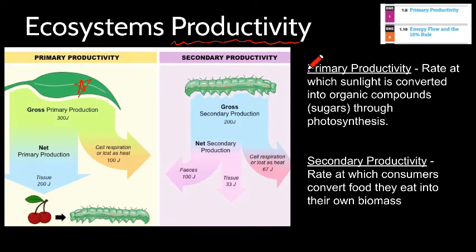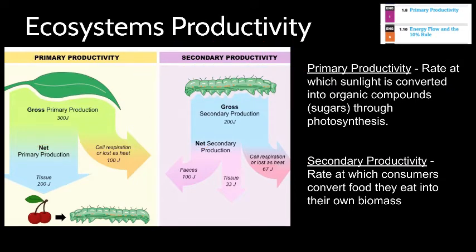Secondary productivity is going to be the one that we discuss with animals. So secondary is our animals. This is the same concept as the rate at which we can convert food into biomass, essentially what is stored right inside this caterpillar. So it's got to eat food, it can't do photosynthesis. So now it has to create biomass within itself, grow and develop, and store some of that energy as tissue in its cells there. So the one thing this diagram shows you is that they don't get to keep all the energy that they make, and that's where the net productivity comes in,